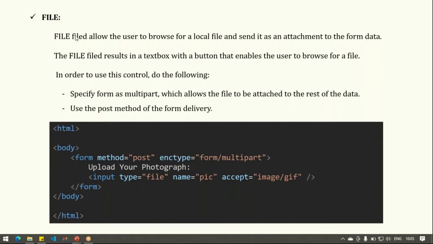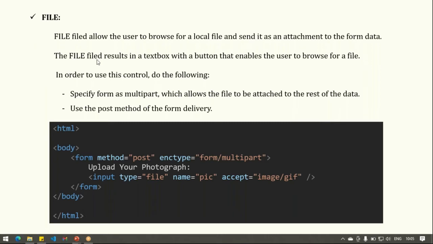Now here is file, that means now it will transmit binary data. Okay, when it comes to file, it may be anything. It can be a PDF file, or it can be a document or Excel, or it can be an image or video or audio file, right? So there is not a fixed format of a particular file, and you can upload anything. So here it will send out the data as a binary, not as a text. It will not send the data as plain text, but it will send data as a binary format.